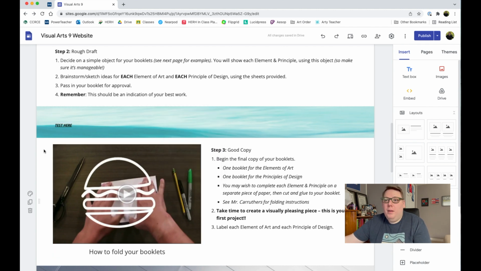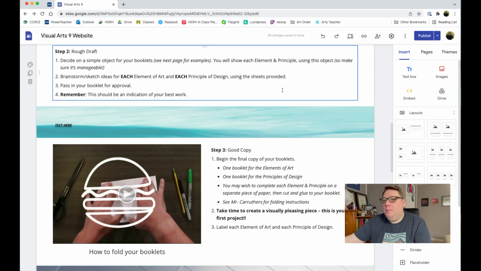Once I'm satisfied with my changes, I need to publish them in order to make them appear live on my site. This is very important because if I don't publish my changes, my students won't be able to see them. When I click publish in the upper right hand corner,